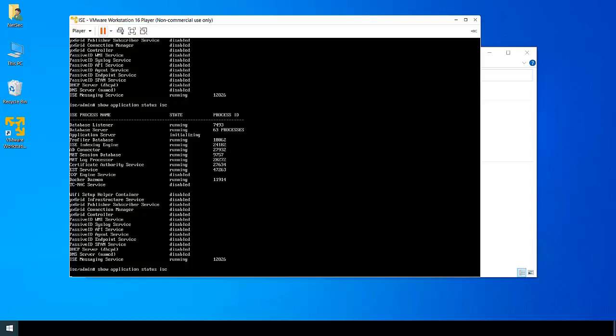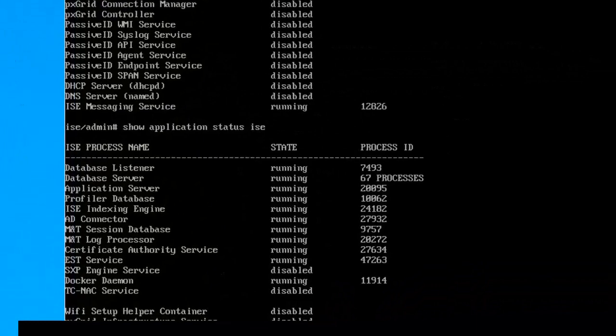Okay, so our application service is now initializing. Once it gets running, we can log into ICE via our browser. Okay, so here we go. Our application server is running now.